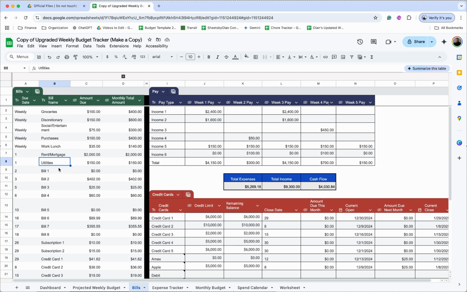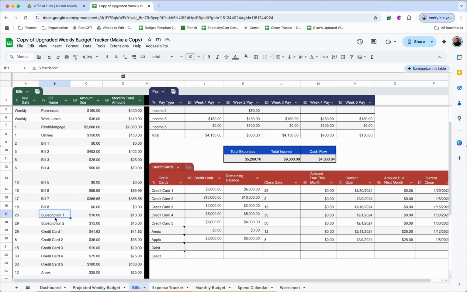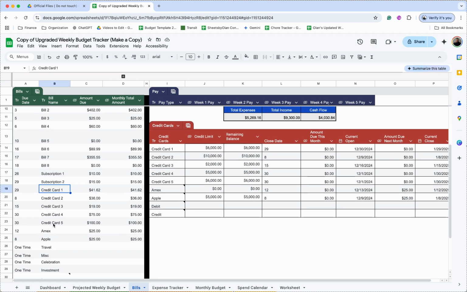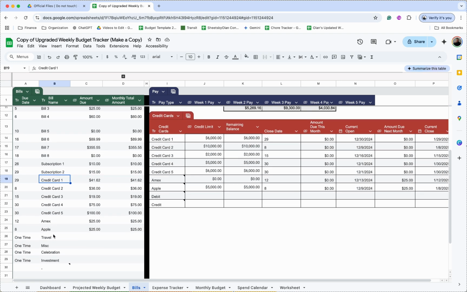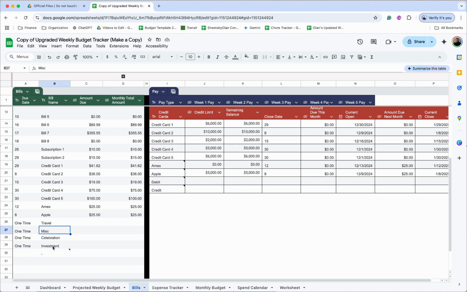Replace any of your bills, utilities, as well as all of the different due dates. And the due date is the day of the month that it's actually due. So if it's due on January 15th, you'll put the 15th. Categorize it by subscription, credit cards, whatever you want to do. If you have any one-time expenses that you want to account for, leave those blank, but go ahead and add